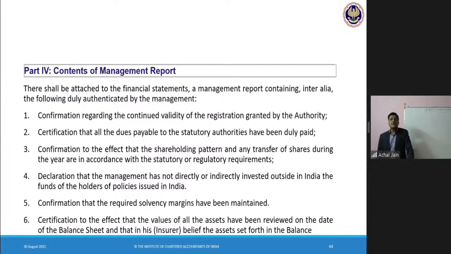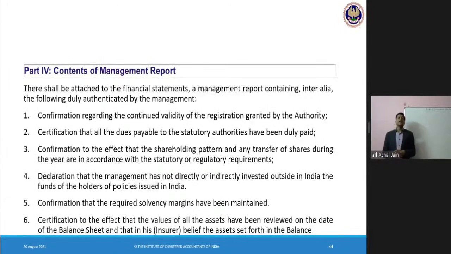Declaration that the management has not directly or indirectly invested outside India the funds of the holders of policies issued in India. Okay. Management has not invested outside India the funds of the holders of policies which were issued in India. Confirmation that the required solvency margin, you remember the solvency margins which are required to be maintained, those have been